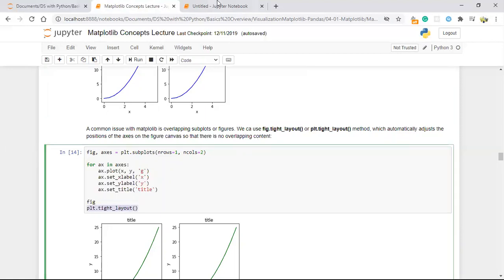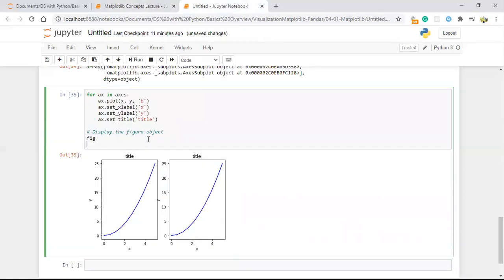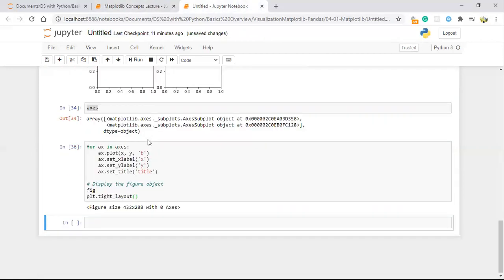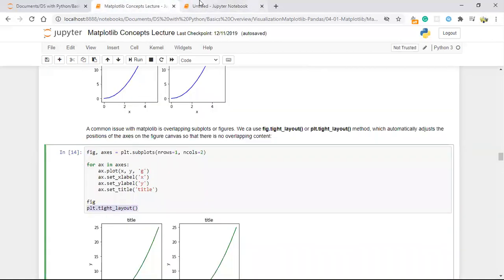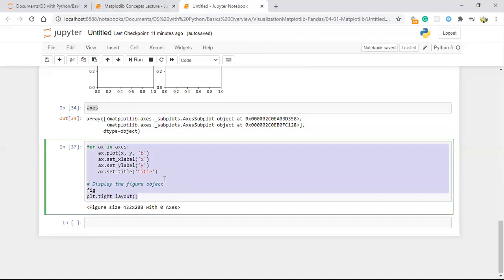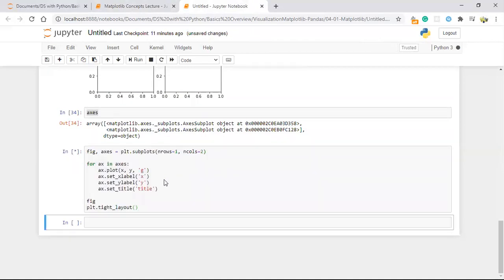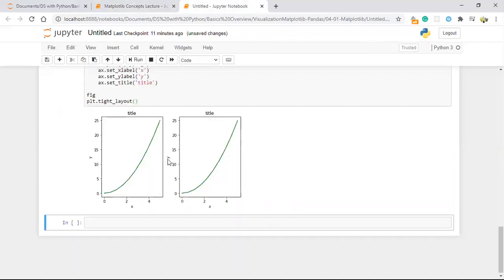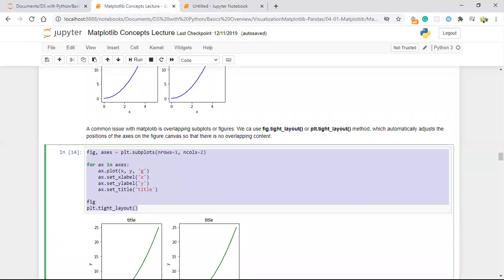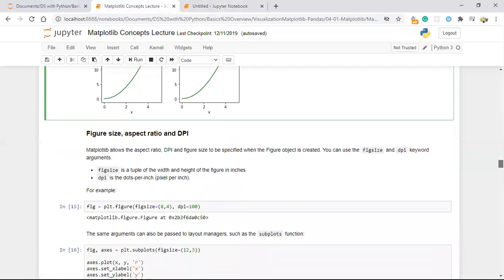What it does is automatically adjust your graph. See, it's automatically adjusted, so it's not overlapped. That's the reason we have the tight layout.